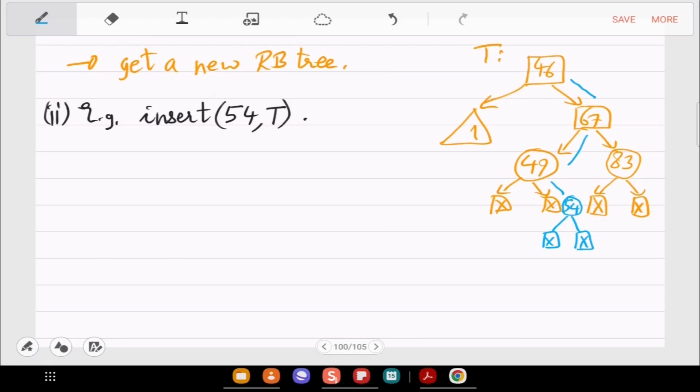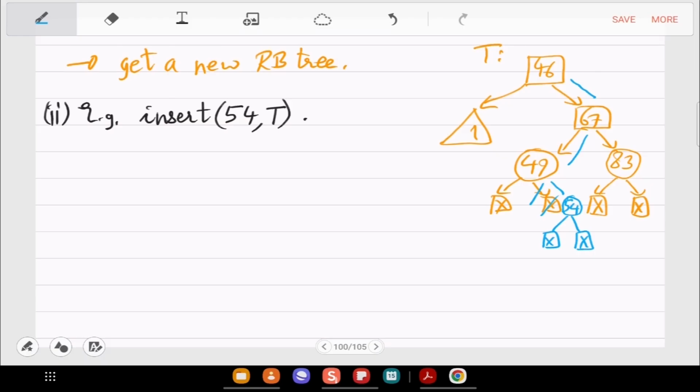Because 49 was already red and you have inserted a red child on the right, the black height is fine. So black height continues to be 3, but it is still no good because 49 and 54 are two reds which are consecutive.